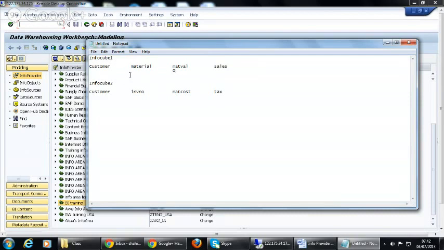I don't think you have got it. When the multi-provider doesn't provide the value for a particular characteristic, if you have customer 1001 and customer 1000, and you don't have a value for the material for that customer, then the hash is provided for this.